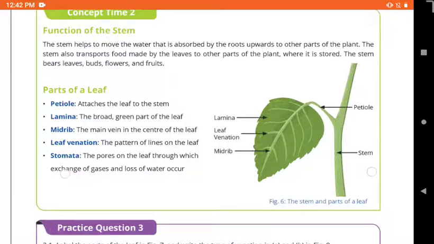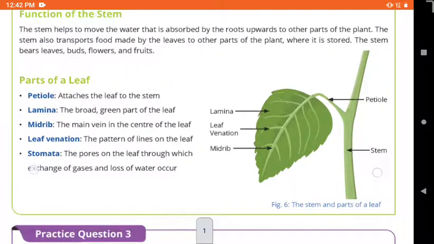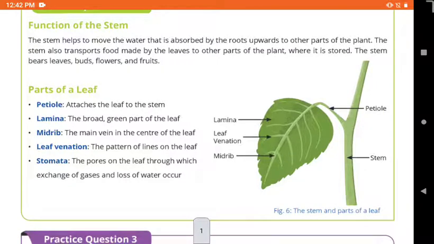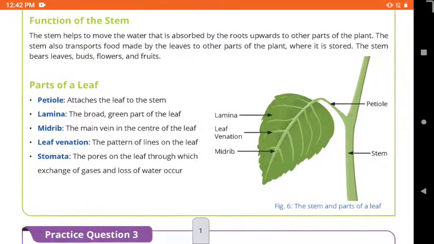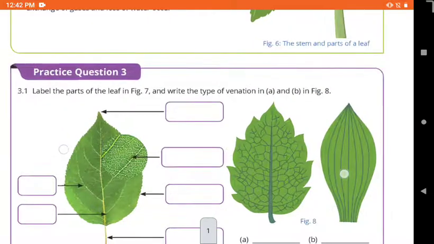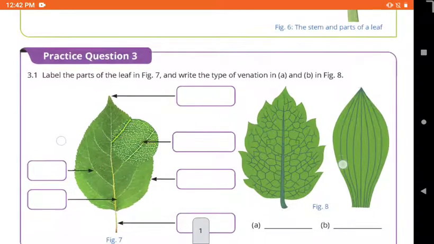You can see in this figure. Leaf venation: the pattern of lines on the leaf, we call leaf venation. And stomata are the pores on the leaf through which exchange of gases and loss of water occurs. Next, you will do practice question 3.1. Label the parts of the leaf in figure 7 and write the type of venation in A and B in